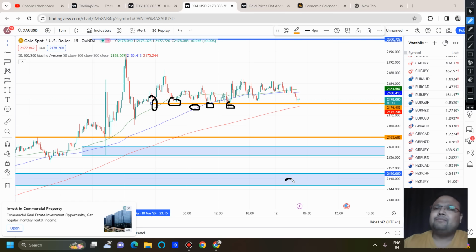At the time of news, I usually go for buy stop, sell stop. But this time I'm not getting the positive vibe that the market will take a huge move. If the market takes a particular trend after news, then I may try to follow the trend. But as of now, I do not have any buy limit, sell limit, buy stop, sell stop. I'm just waiting for the 5 o'clock news.